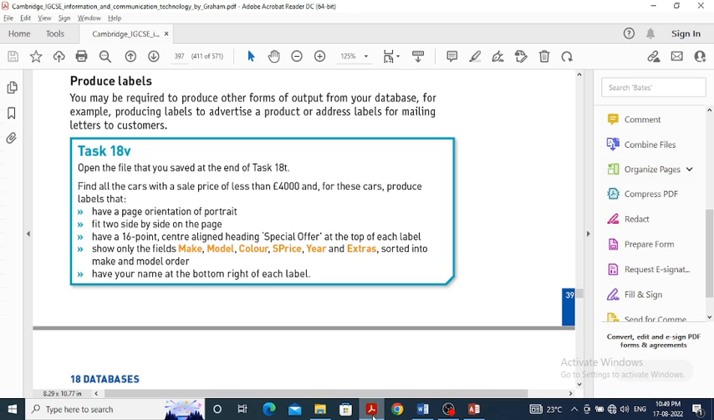special offer at the top of each label, show only the fields make, model, color, sale price, year, and extras, sorted into make and model order. Have your name at the bottom right of each label. Sorry. Now here we have to open the task 18T,